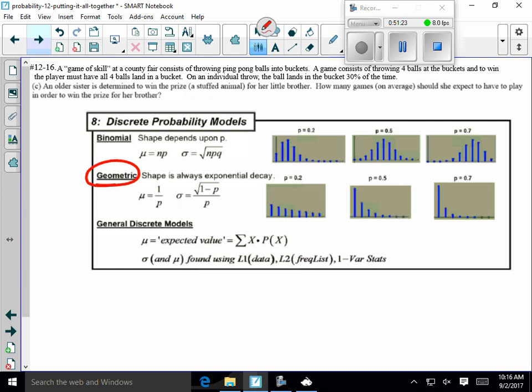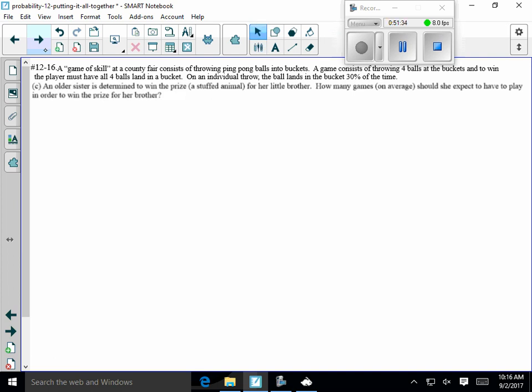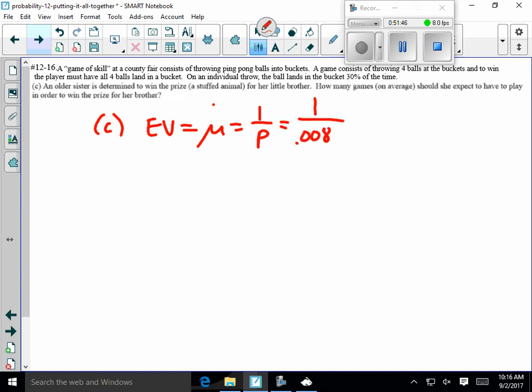And its mean, so its expected value, turns out to be 1 over p. So what I'm really going to compute is what 1 over p is. Yeah, let's go ahead and solve for that then. If all I'm looking for in part C is the expected value of what we now know as a geometric distribution, it's just going to be the mean of that, which is 1 over p. And in this case, p is the probability of winning a game. Every time I play, I have a 0.0081 probability of winning. So if you take that and plug it in a calculator, it turns out to be